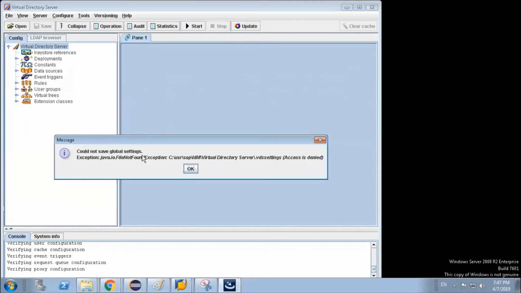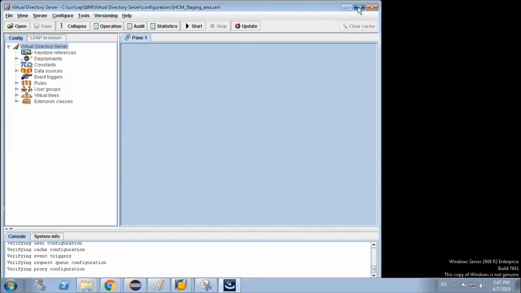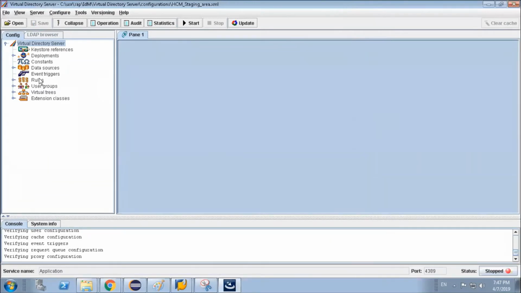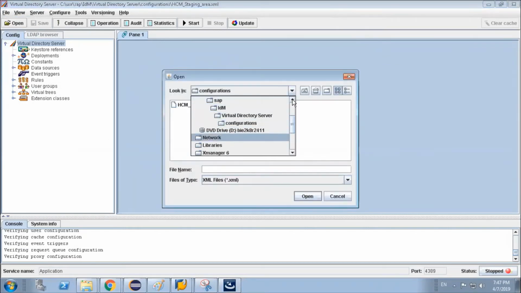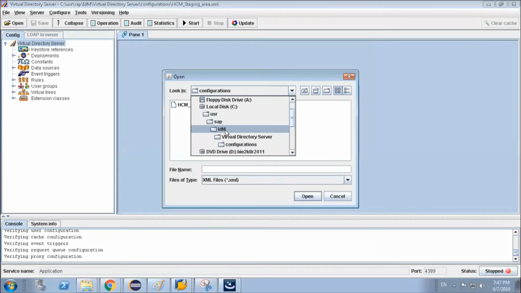Could not set the global setting. One second. What is that path? It's showing an error. In the C drive, user, SAP, IDM. Under IDM, I will give users full access, for the virtual directory server and configuration. 1 minute.